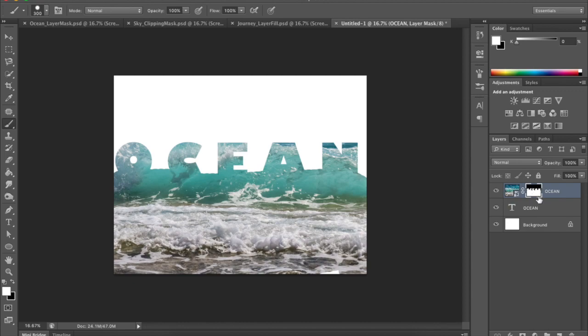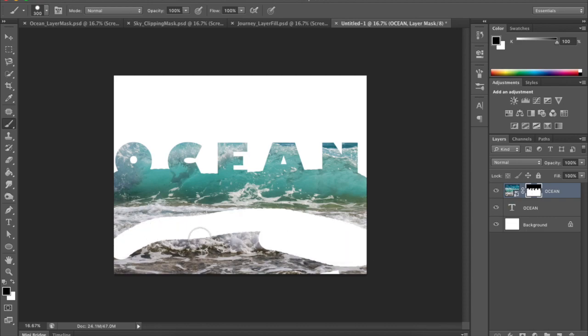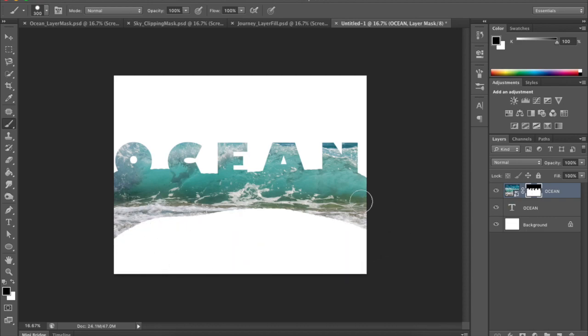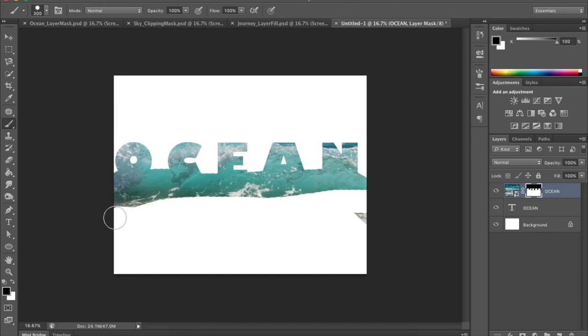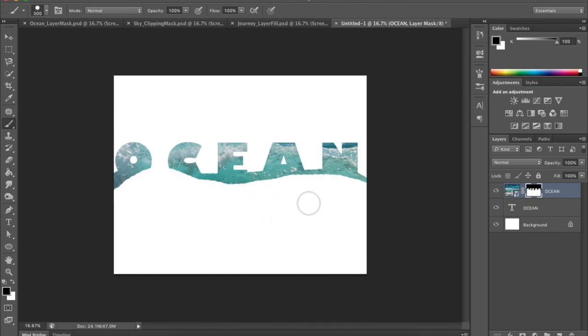Let's say I did too much, I went a little too far. I can inverse my foreground and background, and now I'm painting with black. And by painting with black, I'm adding back part of my mask. Okay? I can also change the opacity of my brush. I'm going to go back to painting with